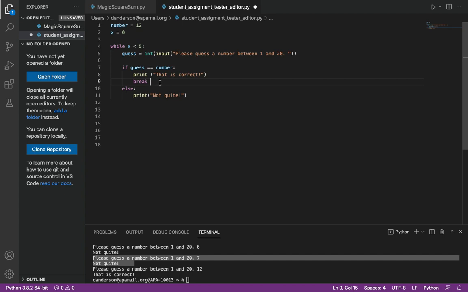Now, I'm going to leave this break here because if they guess the right number, I want them to break. However, down here at the end of my while loop, every turn I'm going to add 1 to x. So after 5 turns, x is going to be 5, and this while loop won't be true anymore. So it'll only give them 5 turns. Okay, so let's do that. I'm going to say x equals x plus